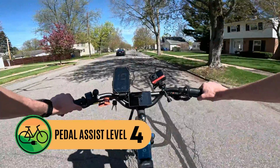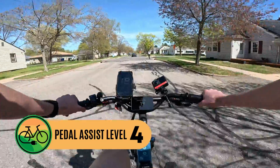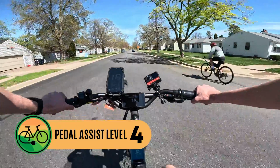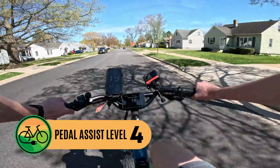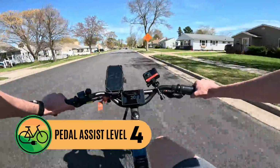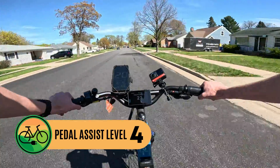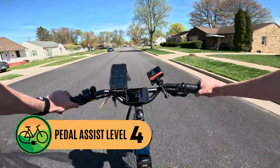17 miles an hour, 18, 19, approaching that 20 mile per hour mark, which is nice if you want to cruise at 20 miles per hour and not put a ton of effort in. Let's give it a little bit more. Instantly see the wattage jump, 600 watts. Going a little bit more into the wind here, 21, 22,